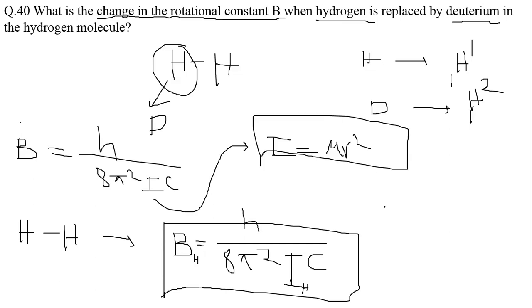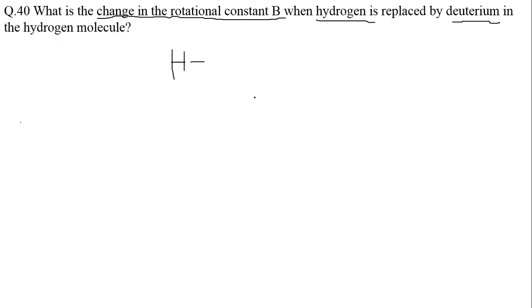Now we consider the situation when the hydrogen is replaced by deuterium. When we introduce deuterium, the value of B will be BD, and BD equals h divided by 8 pi squared ID c. So if you compare the two values,